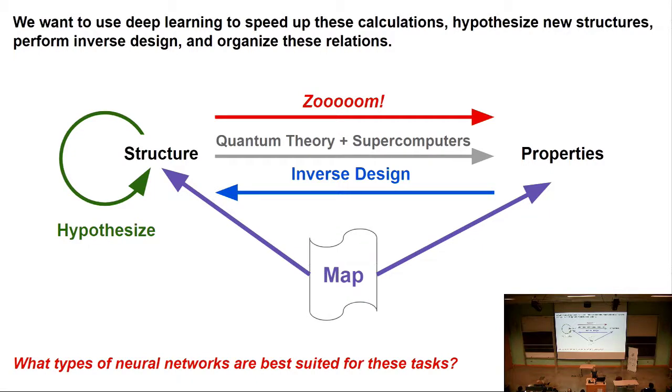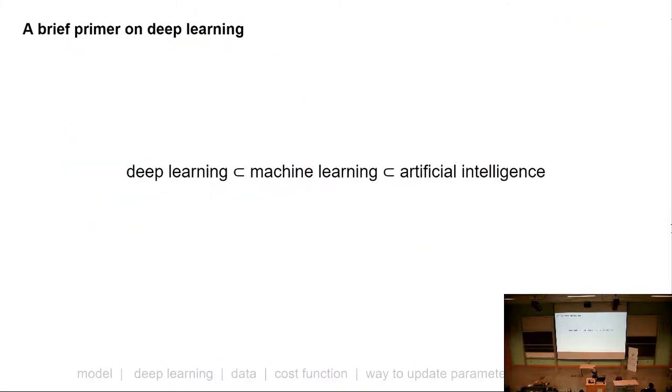All right, so before I dive into that, because I think we have a very broad audience, I'm not going to assume you know what a neural network is. So let's talk about that. I'm going to give a brief primer on deep learning, which uses neural networks to do amazing feats of image recognition and self-driving cars and machine translation. So deep learning is a specific subset of machine learning, which itself is a specific subset of artificial intelligence.